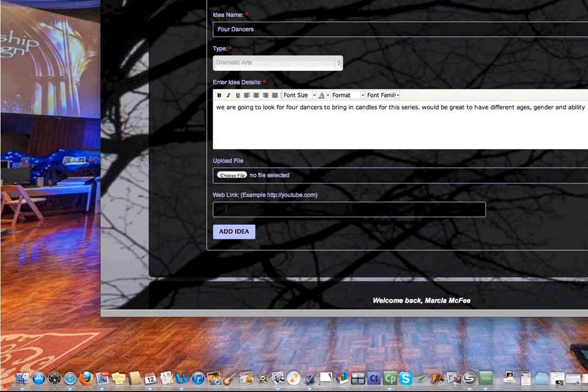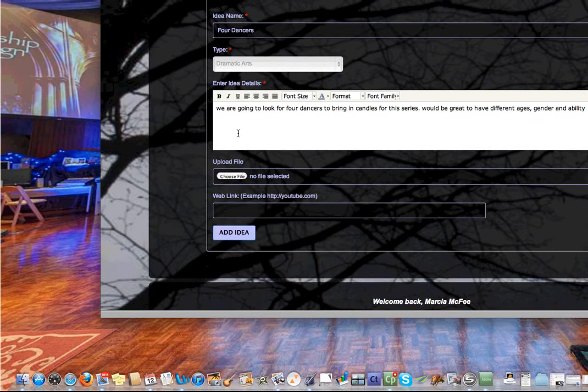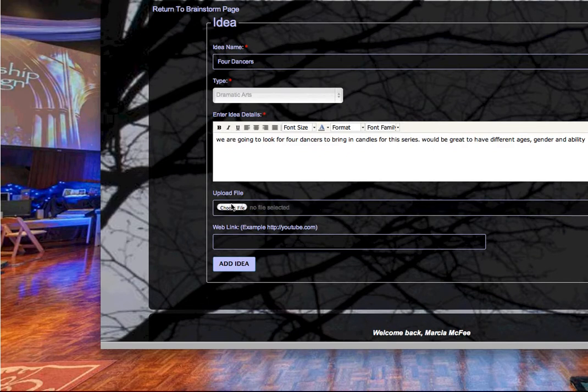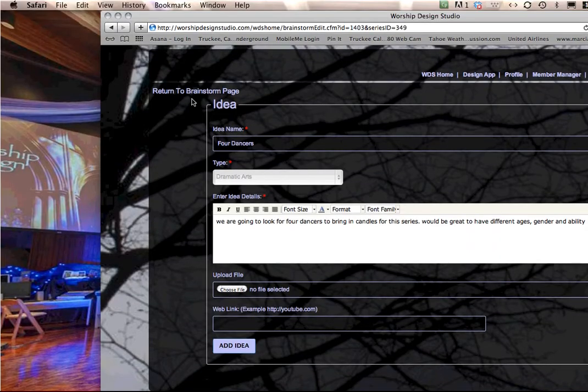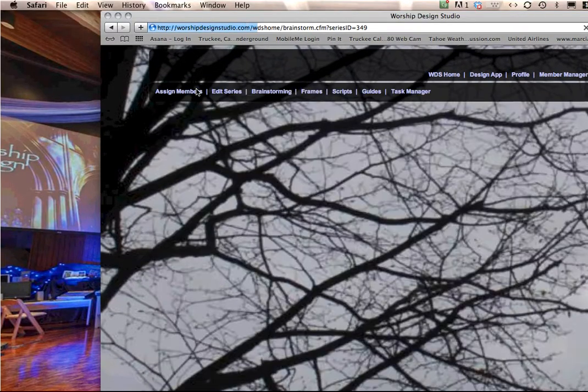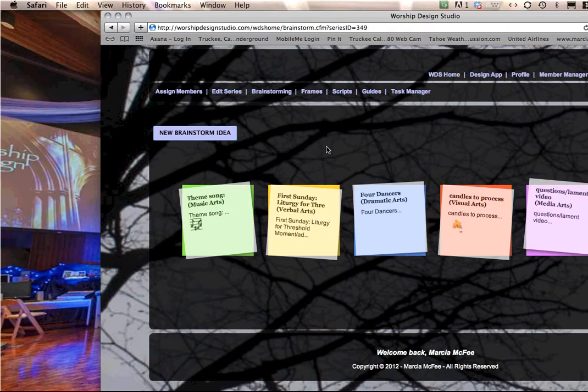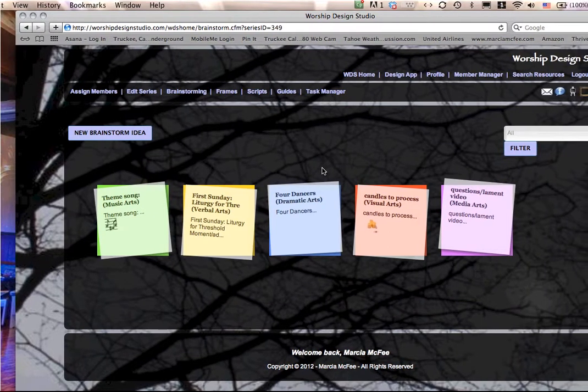Or if I had an idea about what they could wear and I saw it on the web, I could put that web link in there and add that to that idea. If there's already a file uploaded on a note or already a web link, if you change that, it will get rid of the other one. So you just have to be careful, friends, and respect each other's notes. But that's how you interact with